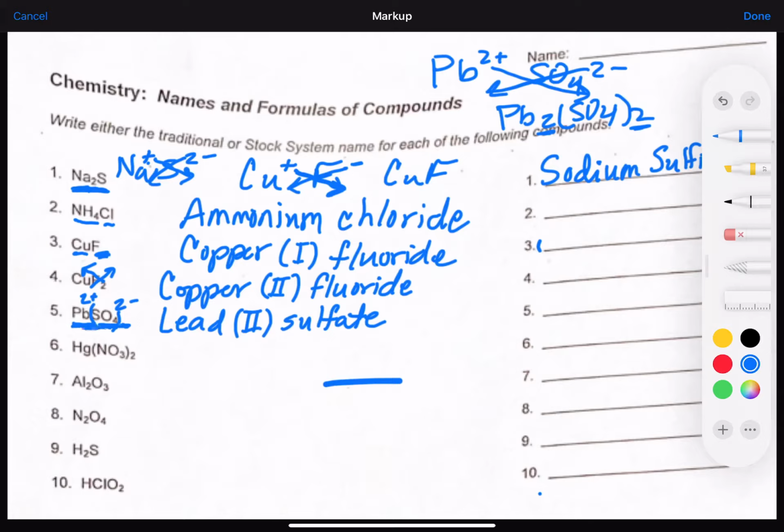Okay, so the other ones we already did. The only thing here is that number 8 is not an ionic compound. It's a covalent compound. So I don't know if you have any on the second half of this worksheet, but if you have a nonmetal bonded to a nonmetal, you're not going to use